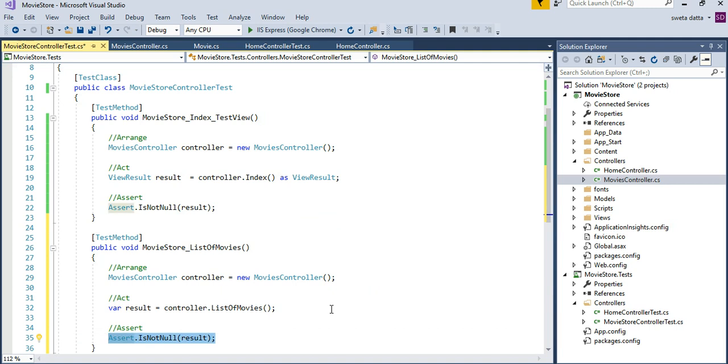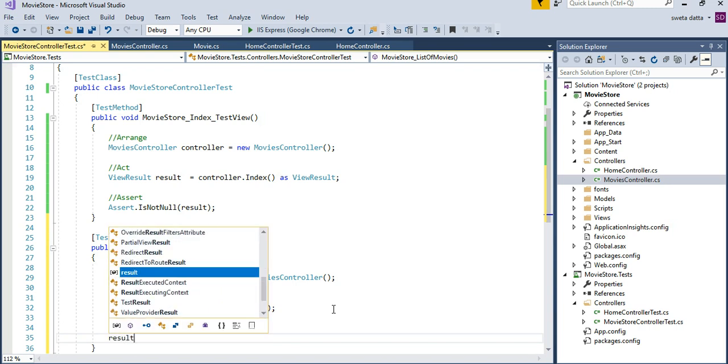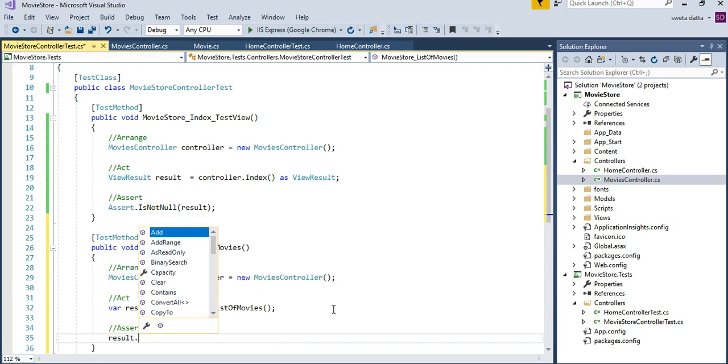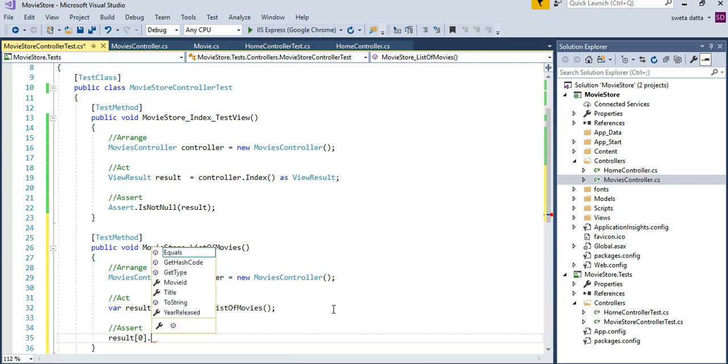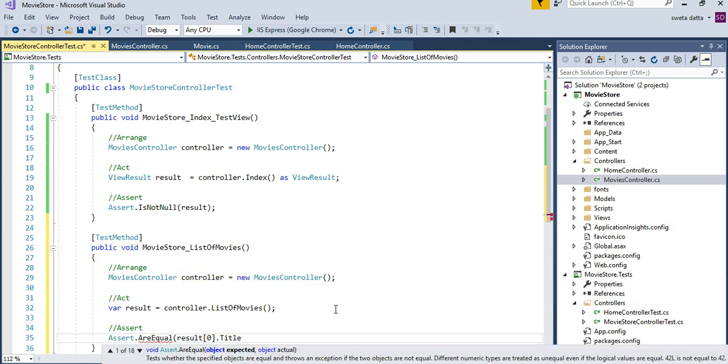So we just want to be sure that when the method returns the result, we assert dot are equal, expected versus actual. Expected is